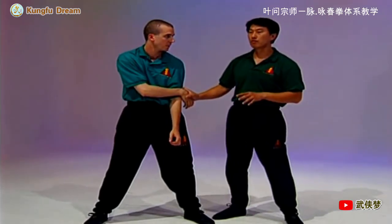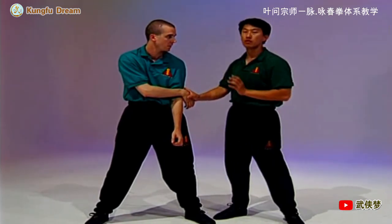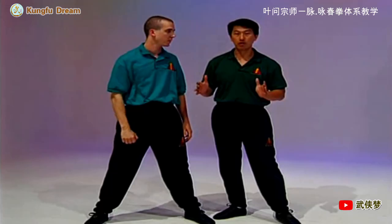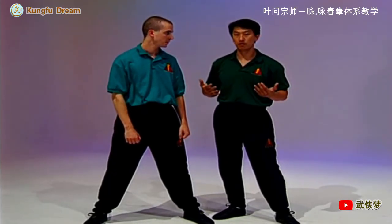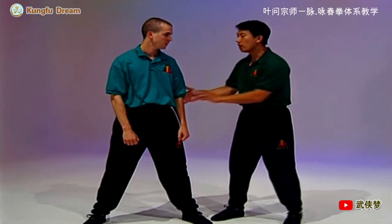If you're dealing with some guy who really wants to hurt you, he's going to come in and hurt you. So you must feel comfortable at this range. And it's at this range that all your tools of combat are available. Okay, now if you go inside of this,